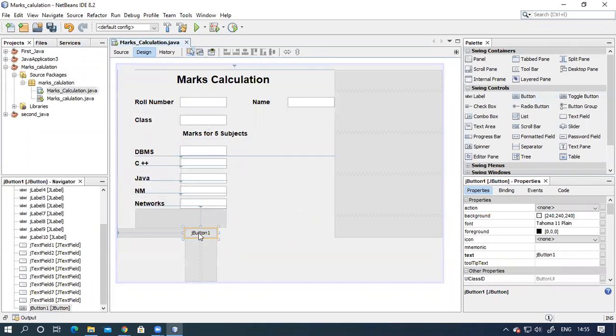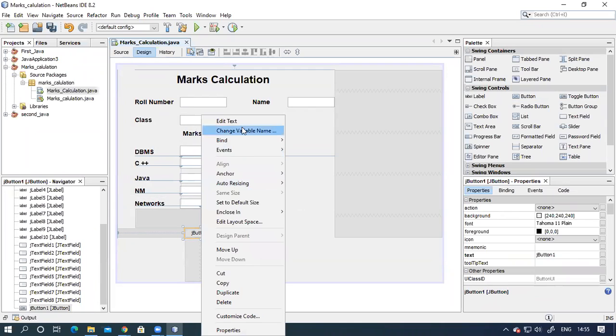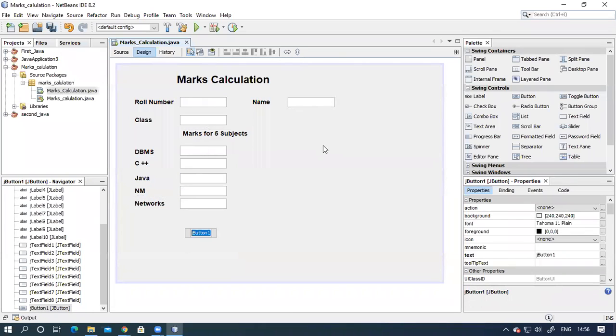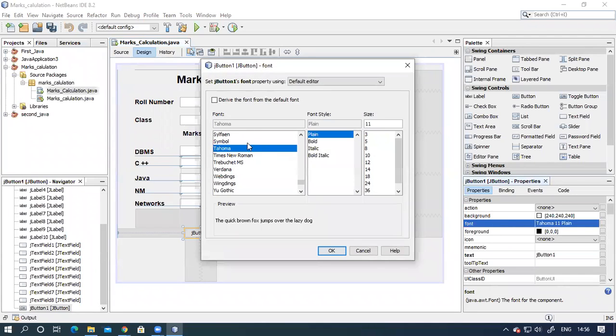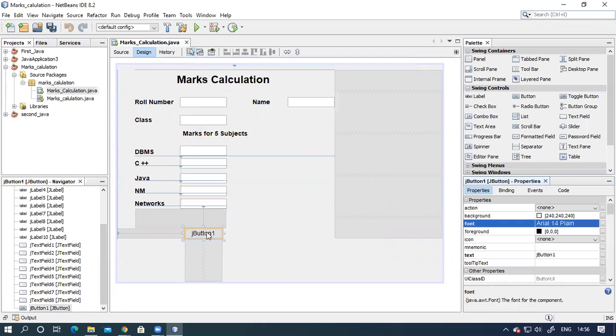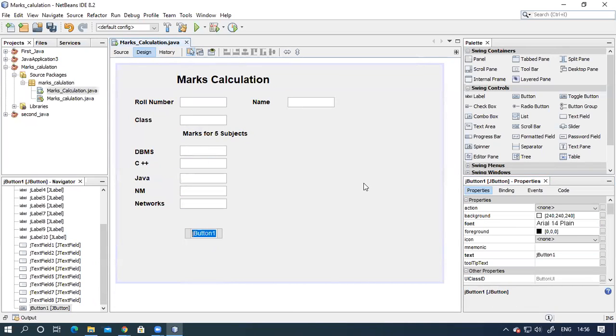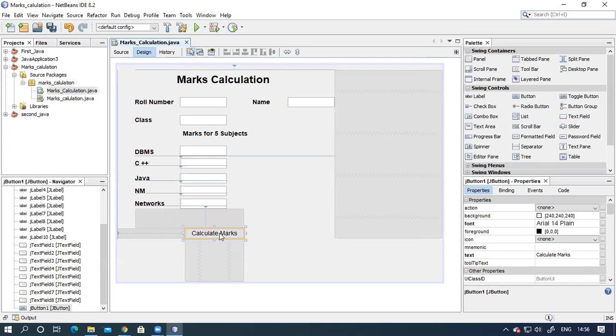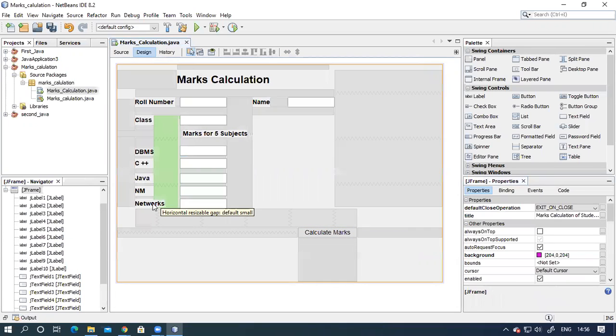Now I want to put a button on which I will calculate marks. If you want to change the font, you can change it, but taking only one or two fonts is always preferred. Add "Calculate Marks", because I am going to create some other fields,